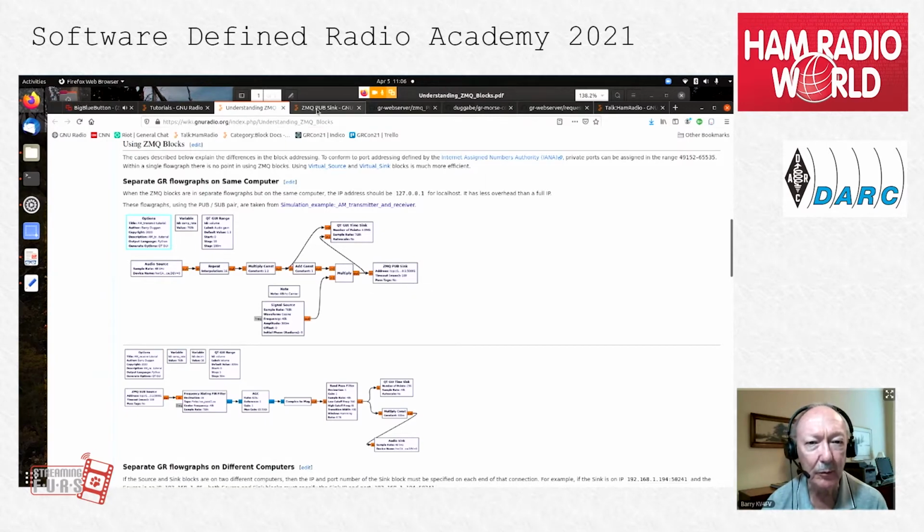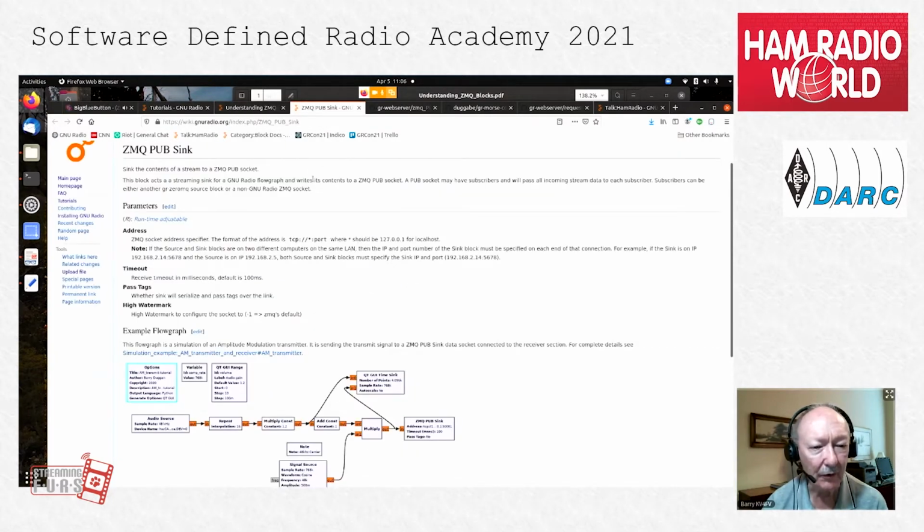So let me go to the wiki page for that and look at the addressing. The format of the address is TCP, an IP address, and a port address. So for a local host, we use 127.0.0.1 for the local host.